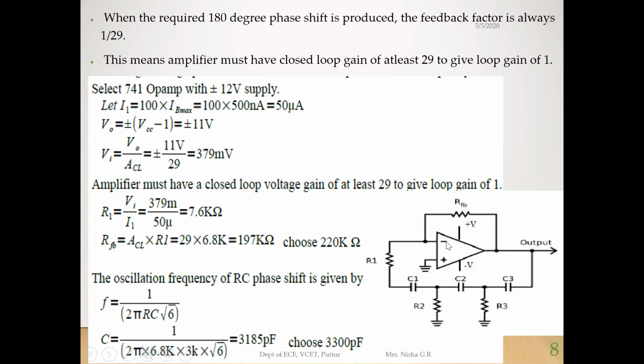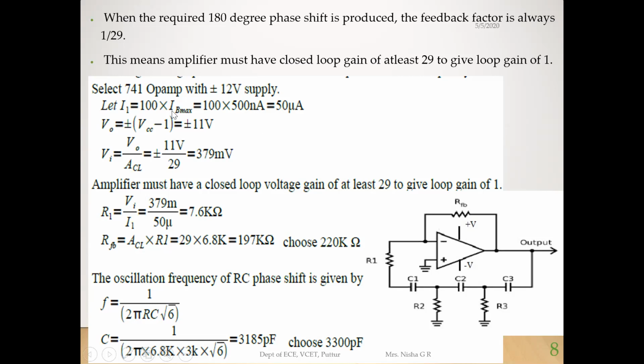One more specification we want is the maximum bias current, because from this we will get the current flowing in this input resistor R1. This I1, the current flowing in the input resistor R1, is 100 times the maximum bias current of the 741 op-amp.